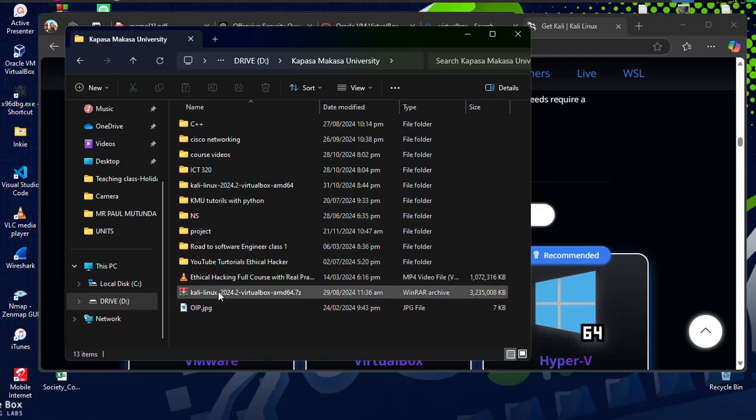So in my case, I've saved my Linux machine in D drive. Okay, so your Linux machine must look something like this. So now, after saving your Kali machine to any drive or location of your choice, the next thing you need to do,